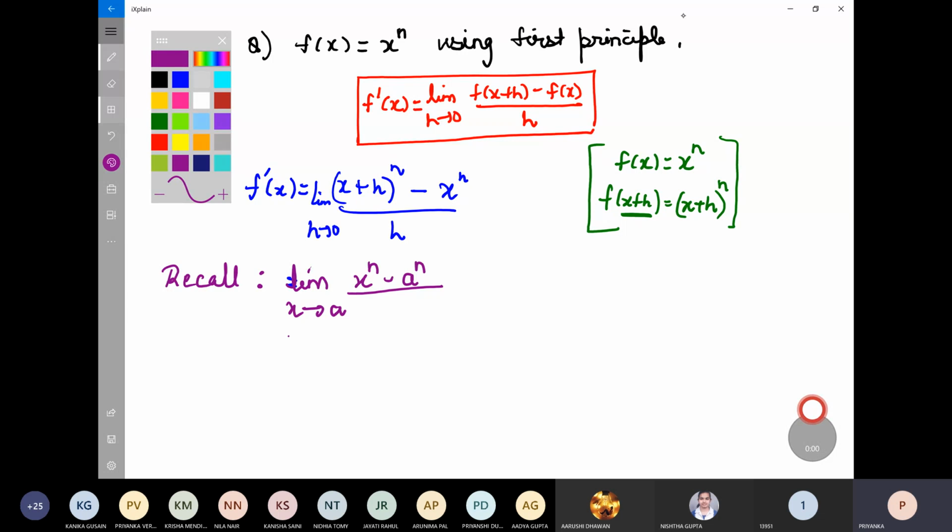हमारे पास ये थ्योरम था, limit x tends to a, x to the power n minus a to the power n upon x minus a. मैंने आपको बताया था अगर पावर 2, 3, 4 ऐसा कुछ है तो हम फिर भी फैक्टराइज कर पाएंगे, बट अगर n बहुत बड़ी पावर है, तो हम नहीं कर पाते हैं। तो हम इस थ्योरम का यूज करके हमेशा अपनी लिमिट निकाल सकते हैं। तो वही सेम चीज यूज करके मैं यहाँ पर लिमिट निकालूंगी।